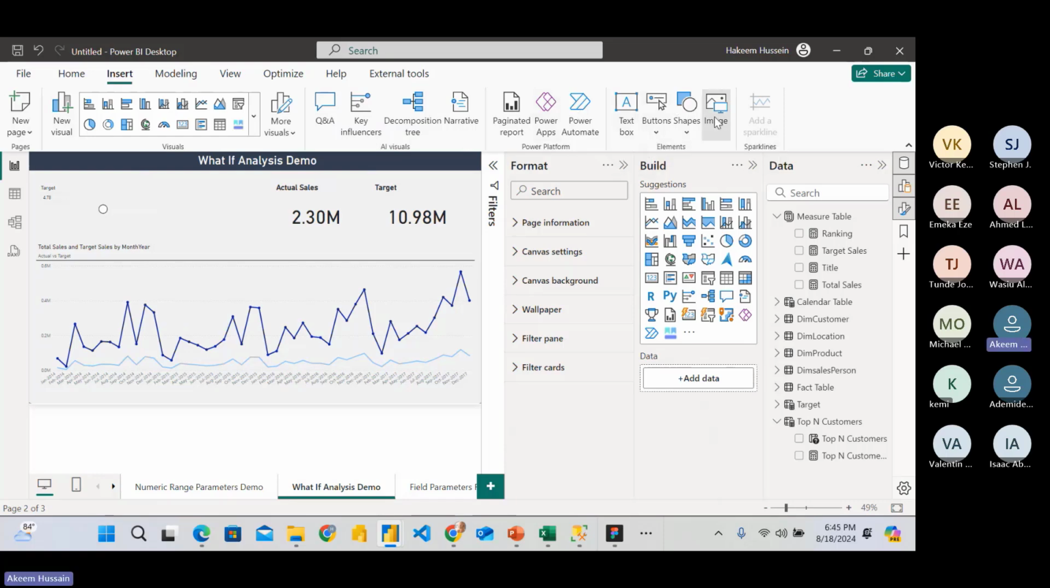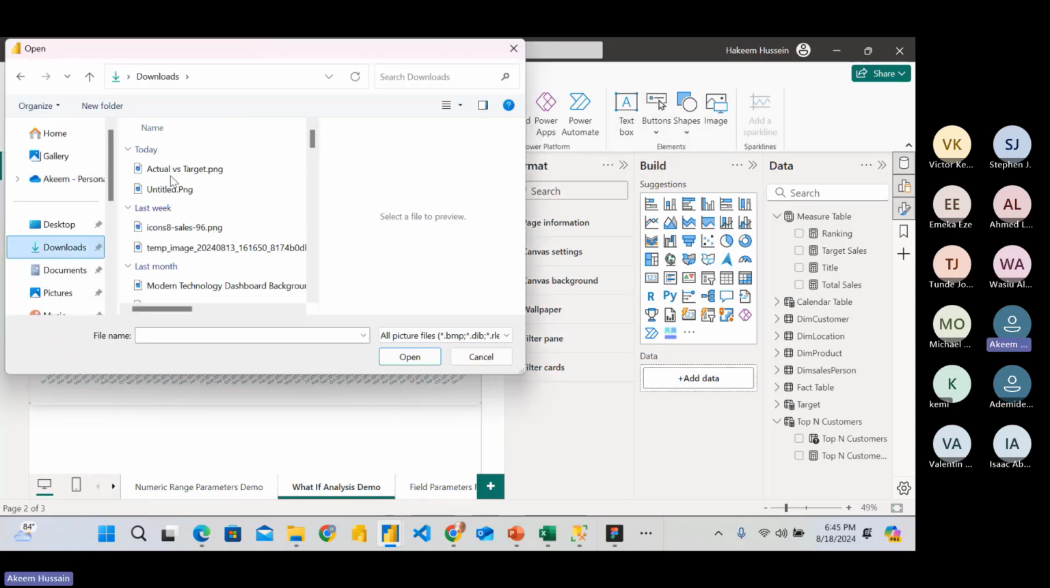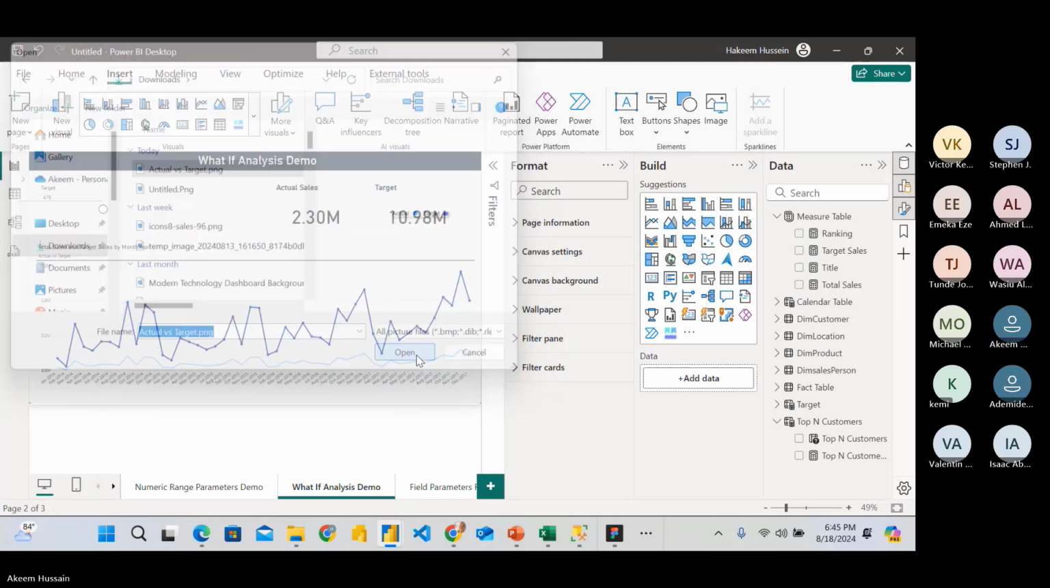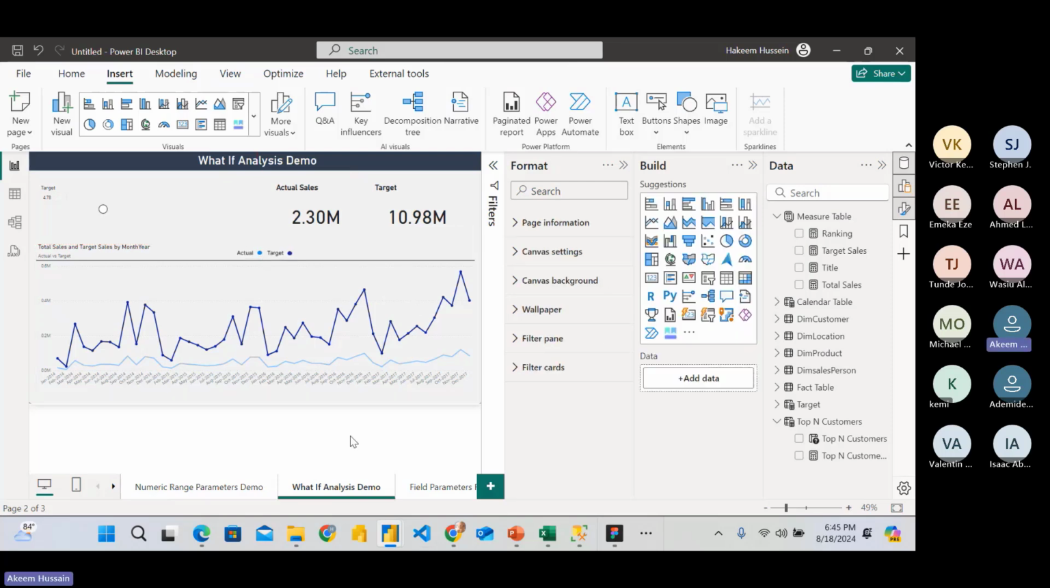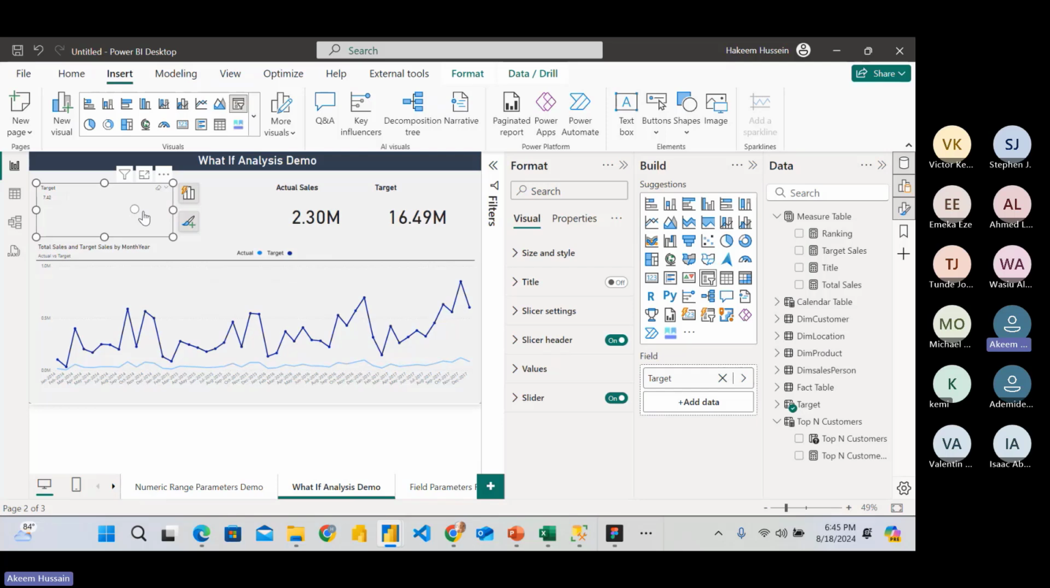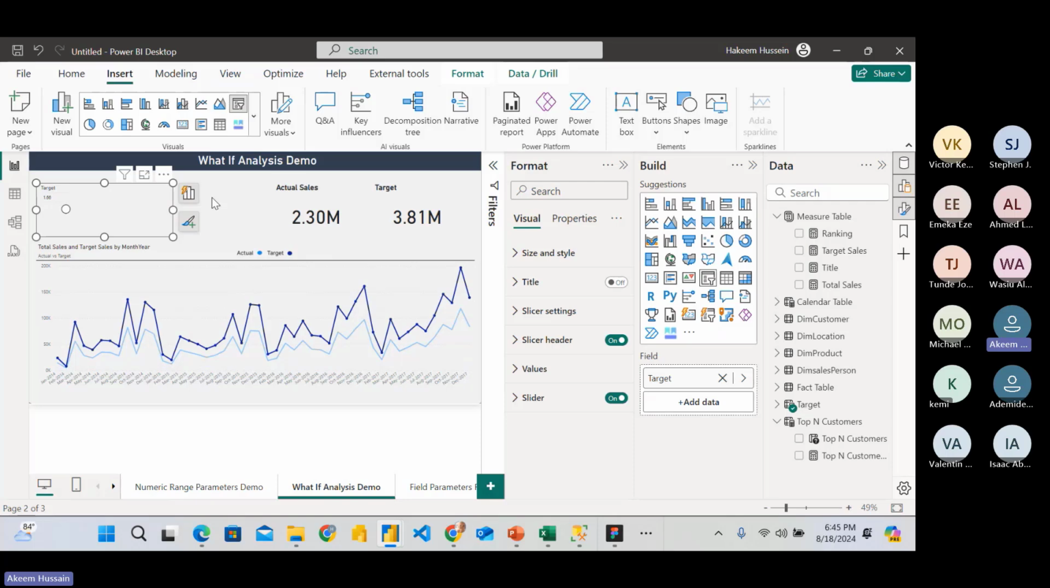I'm going to come to my image and I will just select the one that I used before. So, actual versus target. I'll import that, then make that very small, and I'm just going to position that right here. Okay, and that was how I was able to achieve the legend being at the top of my chart. And I can see that our line chart respects our numeric range as we are